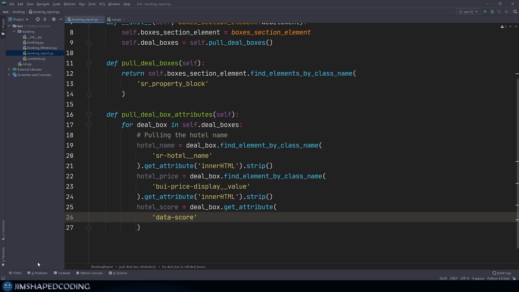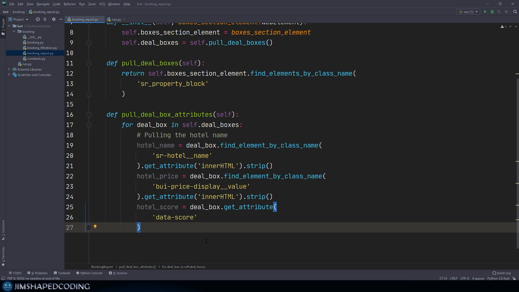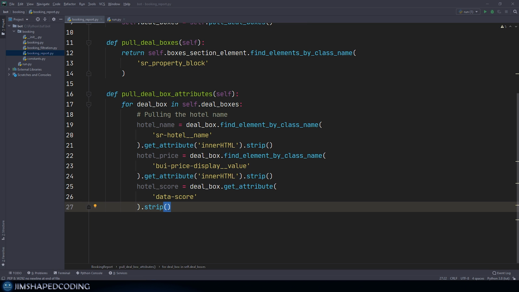What that means is that if we were to pull only the value of this attribute, then we are going to receive back the hotel score on a scale of 10. So a hotel score could be 8.5, 9.1, 9.5, and so on. And now that I have done this, I'd like to clean the white spaces again. So just for safety, I'm only going to launch here dot strip like we did previously with price and hotel's name. Alright, so now that we have a name, price, and score for each one of the deal boxes,